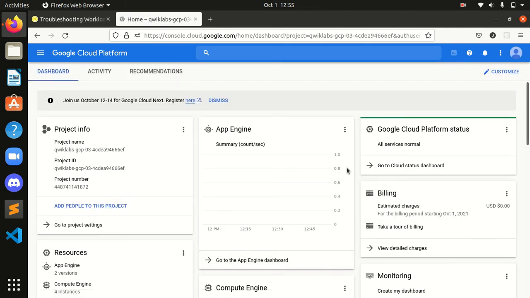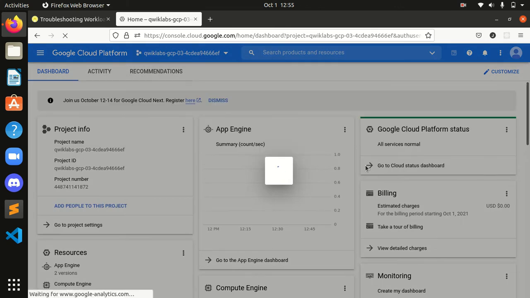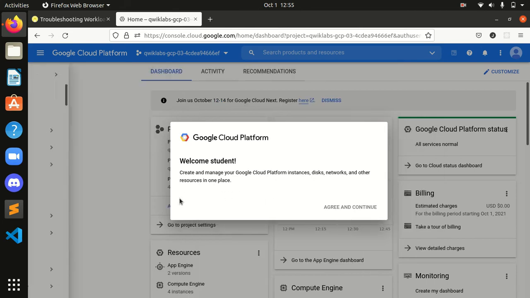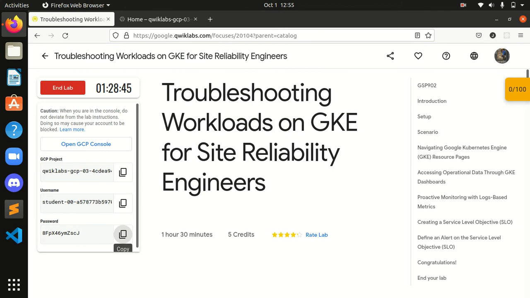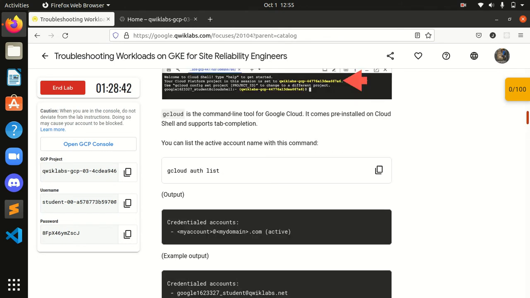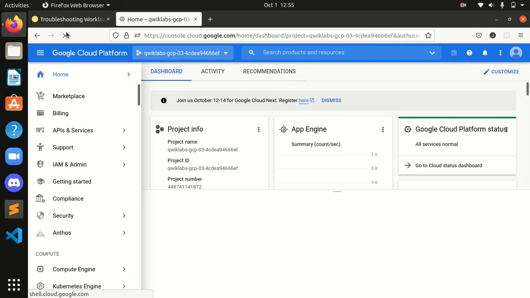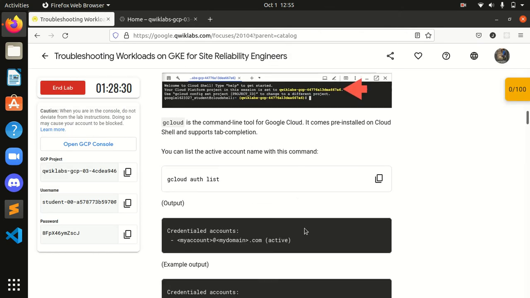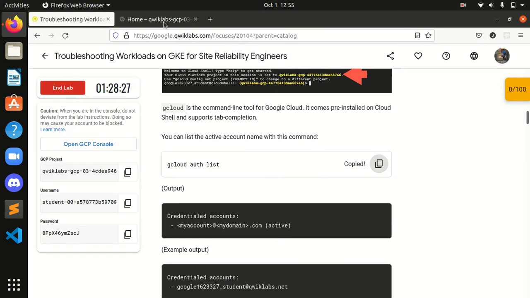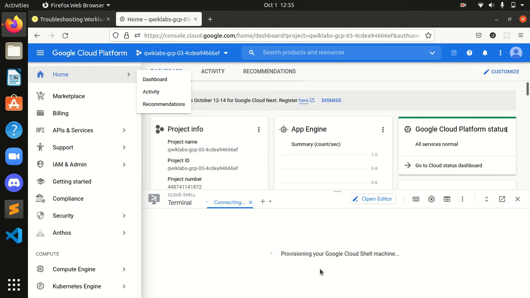Okay, we are over here in the GCP console. So let's start. An agreement will come now, we will sign it. Let's agree to the terms and conditions over here, guys, and let's start it. And our first task, first we have to activate our Cloud Shell also. So it's getting provisioned over here also. It will start now. Okay, let's authorize our project from here. Let's start this cloud first.